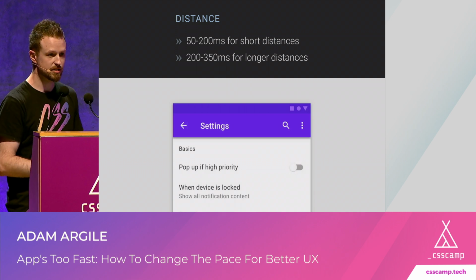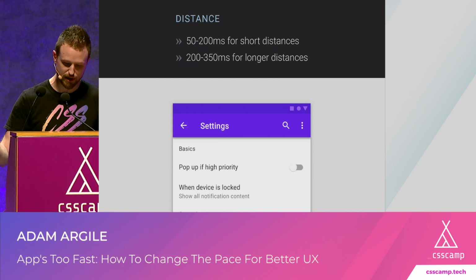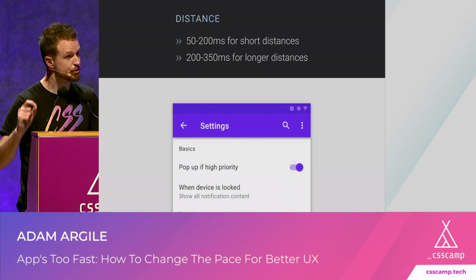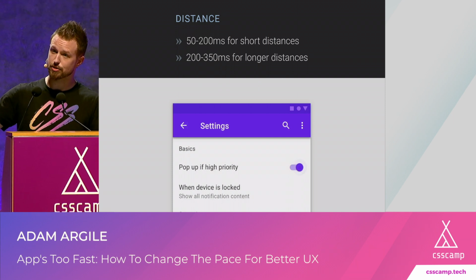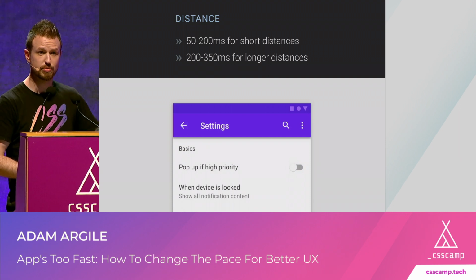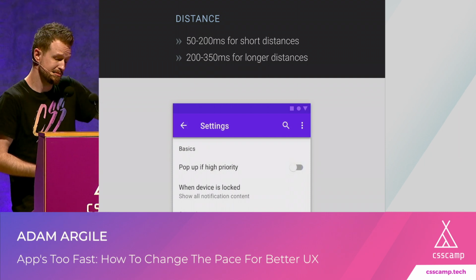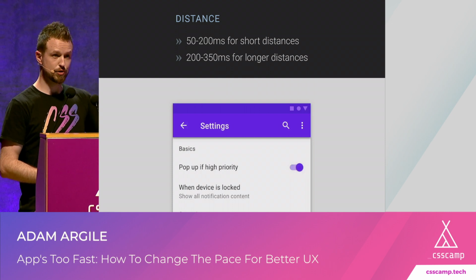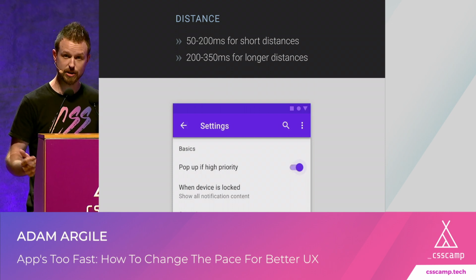Another common CSS tip for 2019 is if you have a distance for your animation, if it's a short distance, make the duration even shorter. And if it's a long distance, extend the duration. This is a really healthy tip. All these tips that we're going over right now, they're great. You should listen to these tips. I'm going to tweak them in the next slide and talk about how we can sort of modify them.